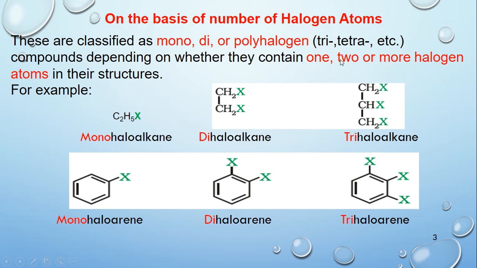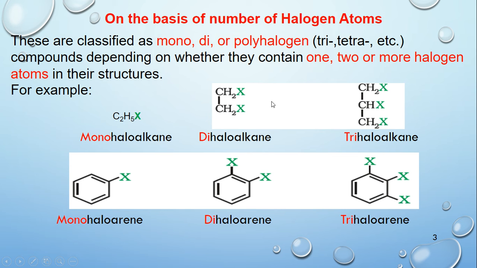Depending upon whether halogen atoms are one, two, or more, they can be named as monohalogen, dihalogen, and